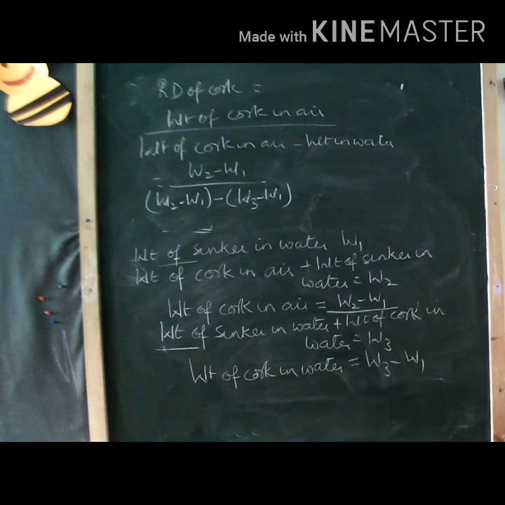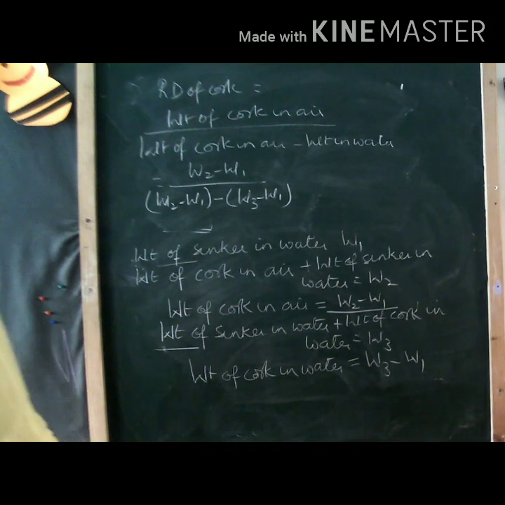So in this way, we were able to determine the weight of cork in air, which was no problem, but we needed to eliminate the sinker. We needed basically the weight of cork in water. For that we use the sinker and we need to eliminate that weight. So, you must have observed, all the three readings were taken inside the water only, right? So this is the method to determine the relative density of a solid which happens to be lighter than water.